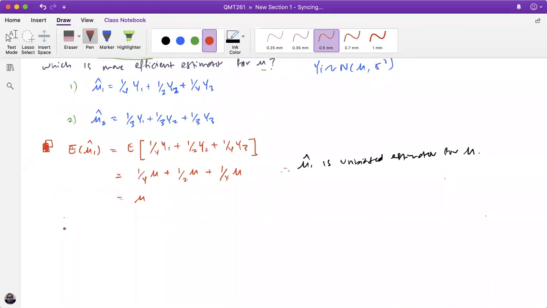And the second one is expected of mu2 hat. So this one should be expected of 1/3 y1 plus 1/3 y2